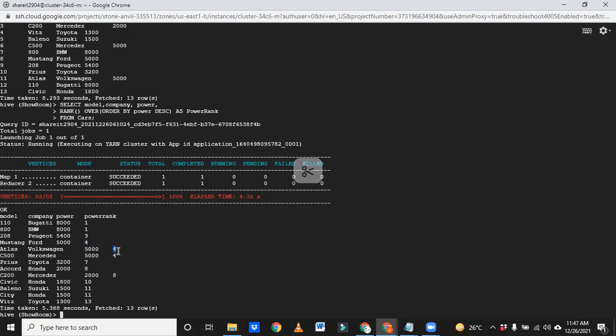So if the values are repeating, it will give the same value. If the values are not repeating, it will give the unique value and the next value in the sequence. So rank means it will skip and give the next value. The dense rank won't skip, it will give continuation.